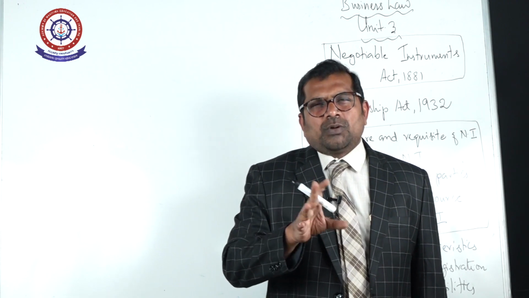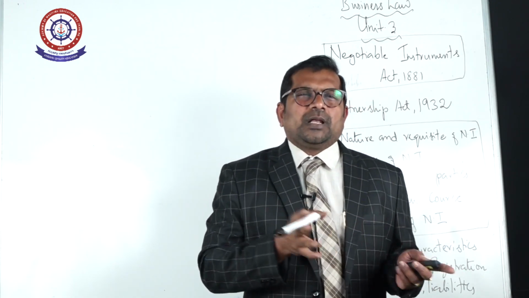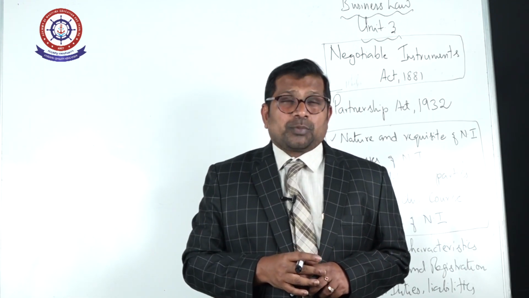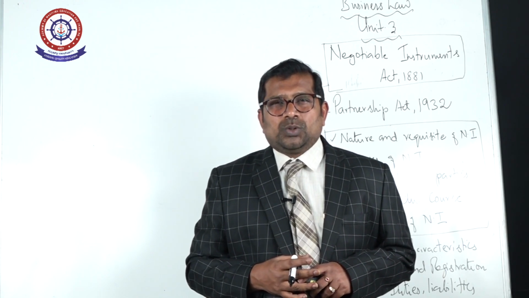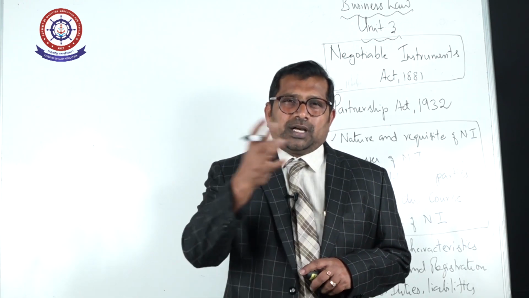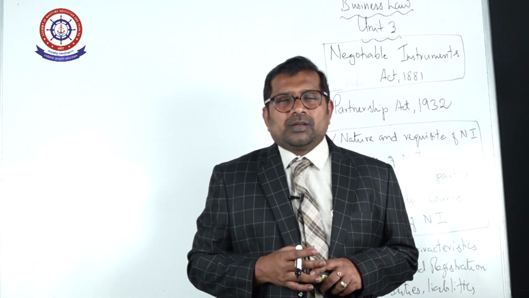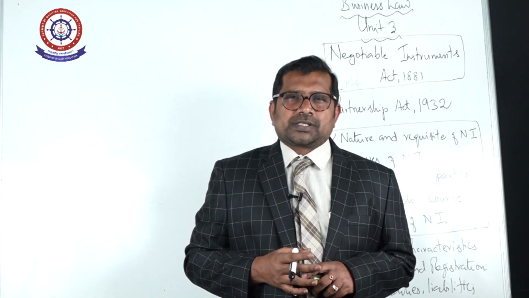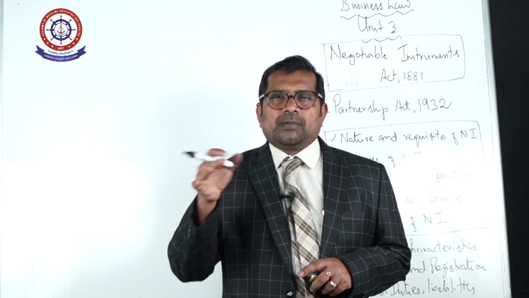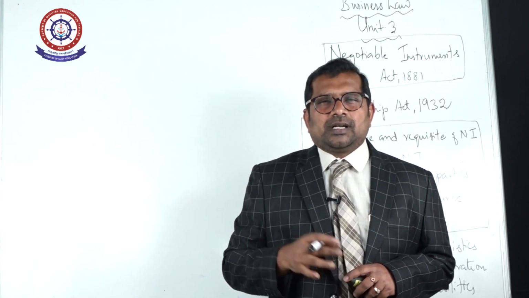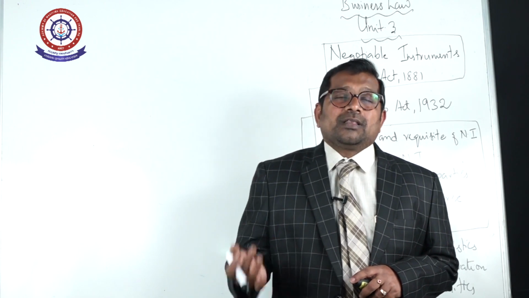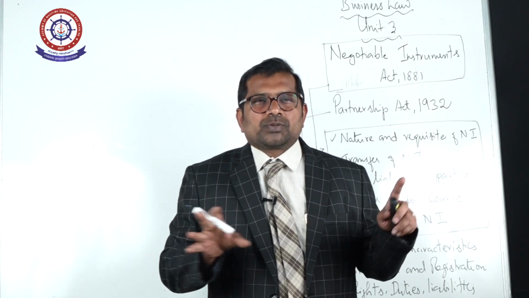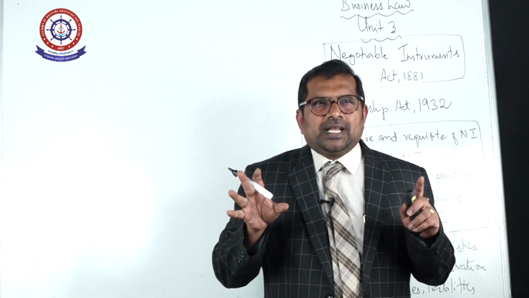Okay. And the next one we have already discussed, the liability of parties, primary liability as well as secondary liability. In the promissory note, the promisor is the person who comes under what? Primary liability. But in the bills of exchange, in case the drawee fails to give his acceptance, then only the drawer will become primarily liable. Otherwise, the drawer will be only secondarily liable. The drawee, since he has given the acceptance, will become primarily liable. So liability is of two types. One is primary liability, another one is secondary liability.